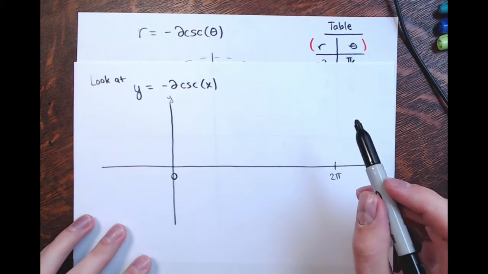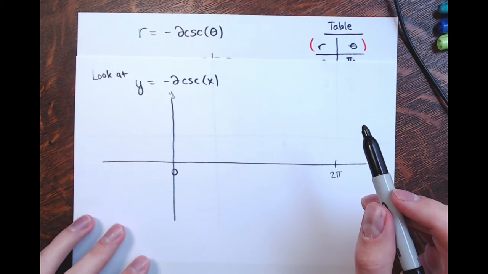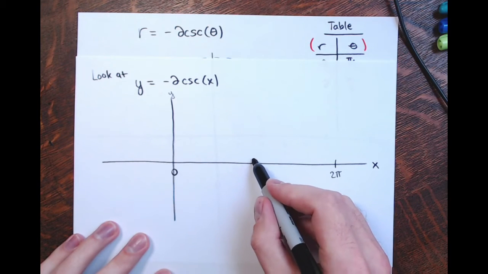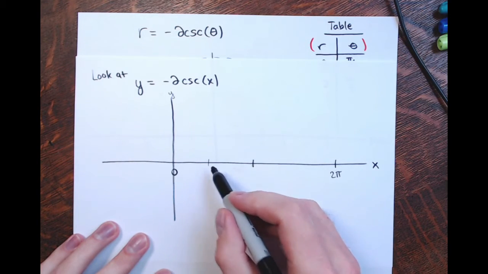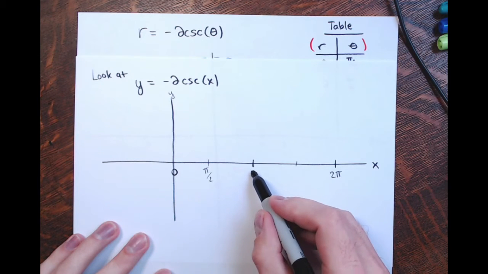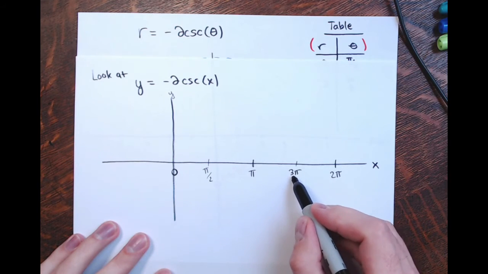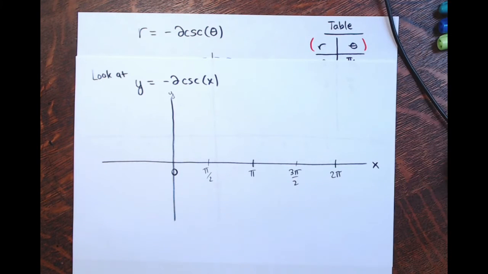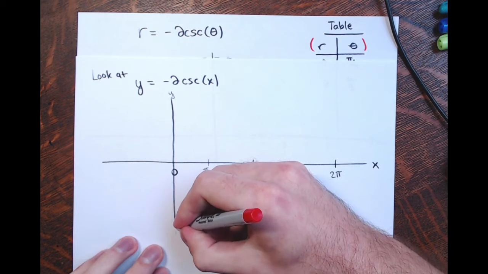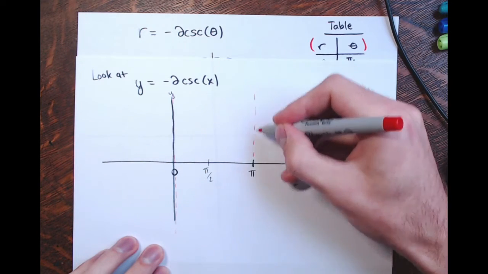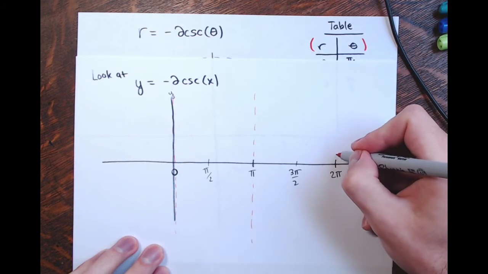So this is the rectangular equivalent. Well, not equivalent, it's just a rectangular simulation, I guess. Then I'll break this into quarters, right? And we got pi over 2, pi, 3 pi over 2. And if you recall, there were these vertical asymptotes at the multiples of pi. So at 0, at pi, at 2 pi,